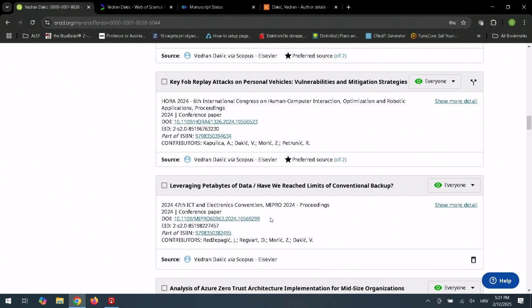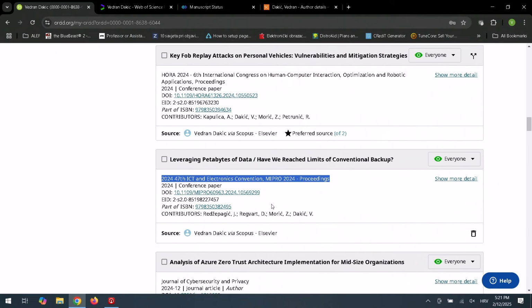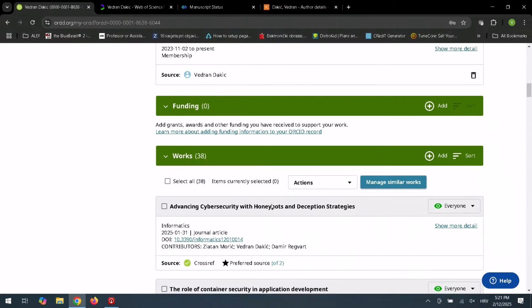We published quite a few papers at this MIPRO conference in the past couple of years. And as years go by, more and more entries, as you publish more papers and whatnot, are going to appear here. So that's ORCID, which is like a centralized resource to which you synchronize all of your other publishing resources so that somebody who needs to take a look into this has up-to-date information.